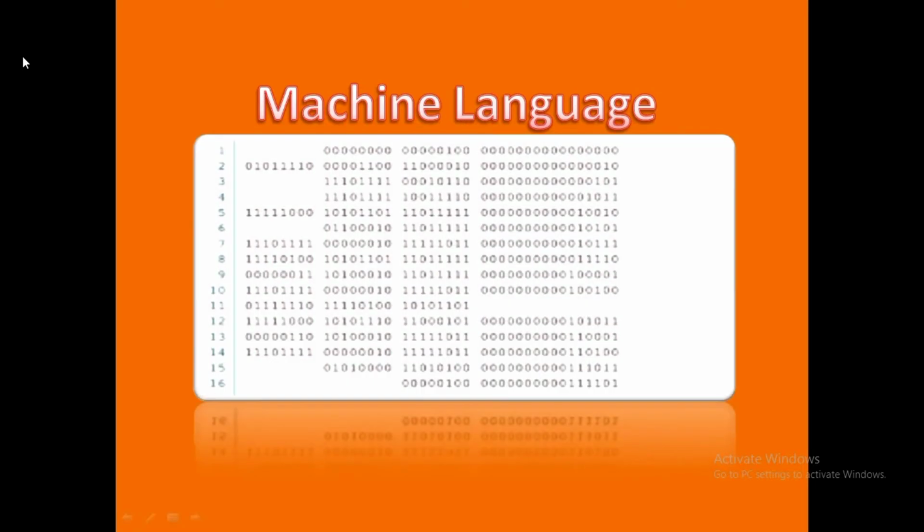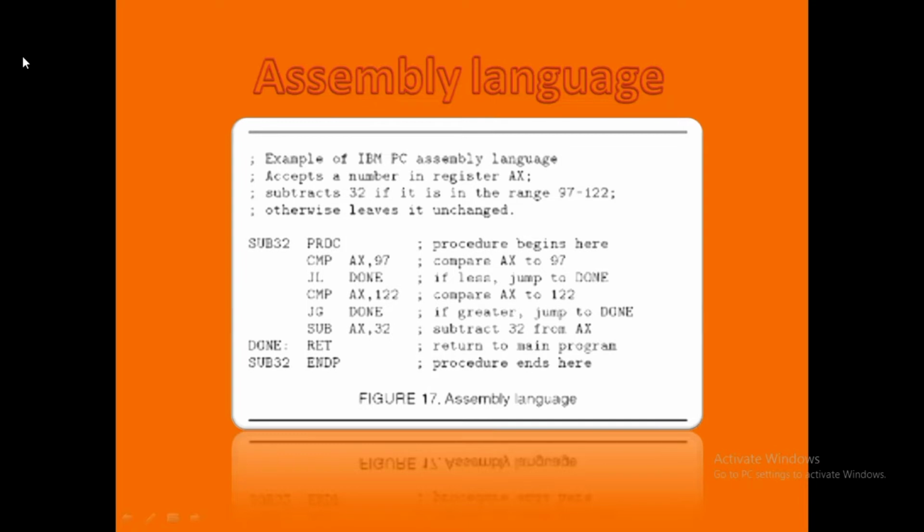First is machine level language, also said to be low level language. Machine level language or low level language uses what? Zeros and ones. So this is very difficult to learn and very difficult to use, and there is a high risk or greater chance of having errors. It is obvious students, writing everything in zeros and ones is not a bit but much difficult. That's why after machine level language another language came, that is assembly language.